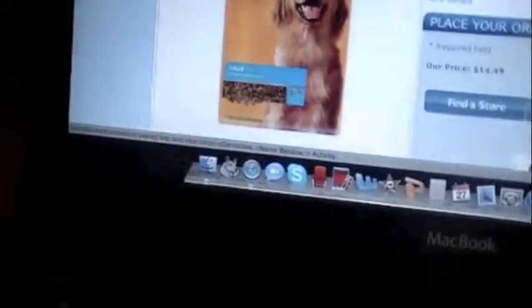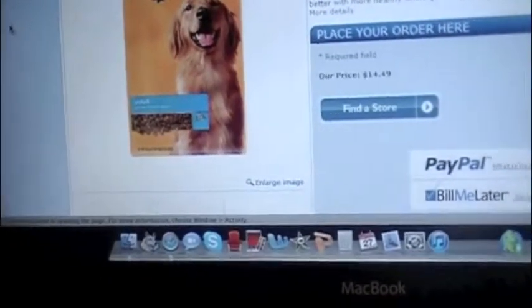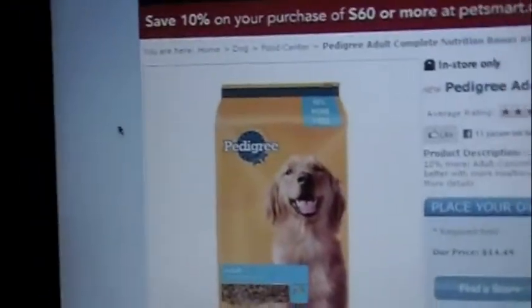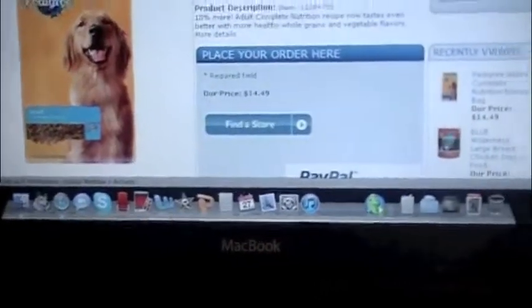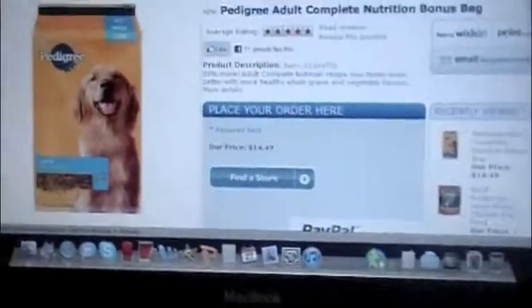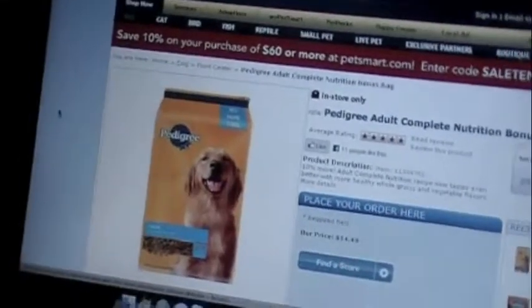It is not at all bad. If you do give Pedigree, it's not at all going to hurt your dog. It is a good food, but it is not comparable to the natural foods that we're giving to our dogs and other people are giving, like the one I just showed you. It's not bad though, so if you can't afford anything besides a brand like Pedigree, that's alright. Just make sure that you supplement your dog with extra vitamins, like a multivitamin supplement,